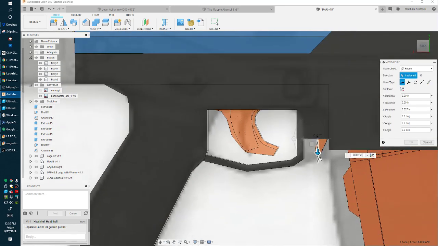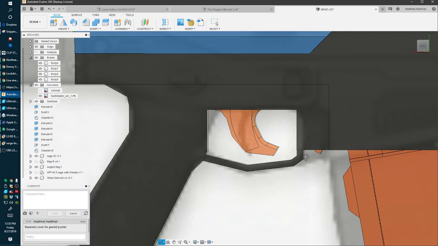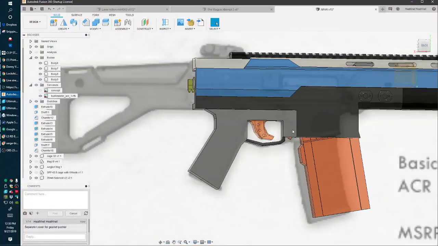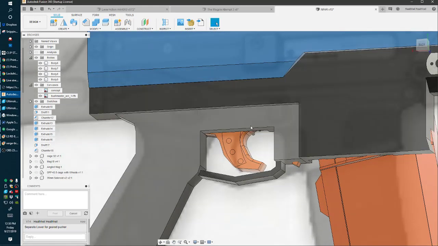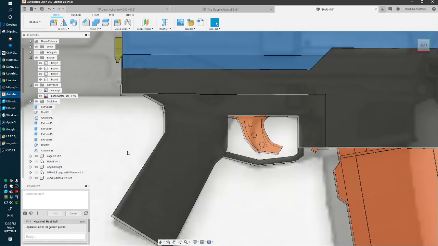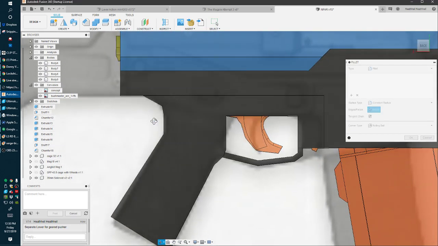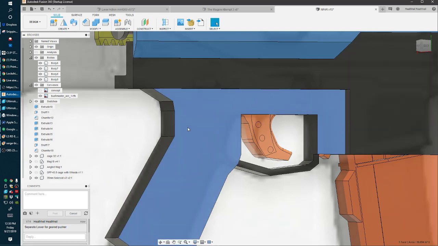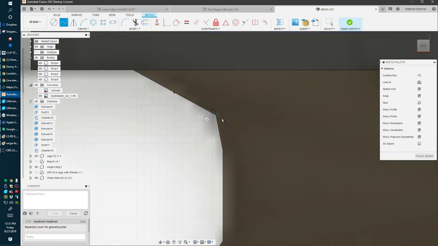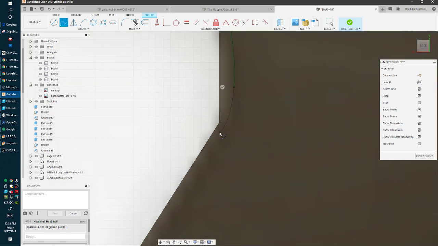Sci-fi is fun and all, but real world means that we have actual data on what works and what doesn't in terms of things like mag releases. Okay, what we'll do, we will do a spline to